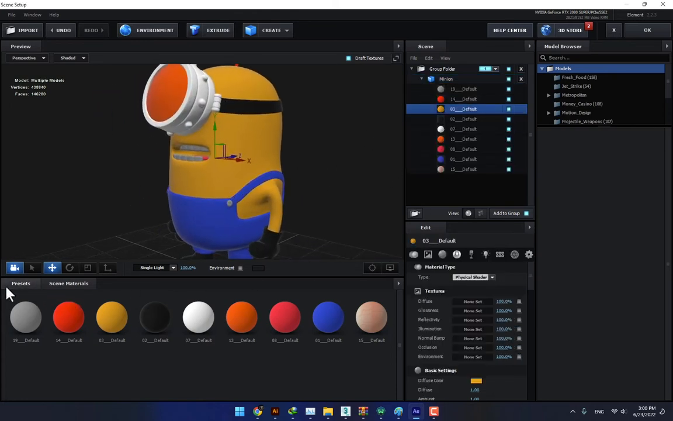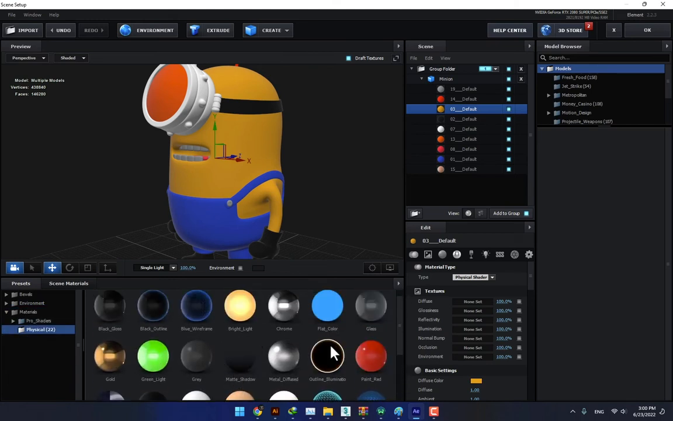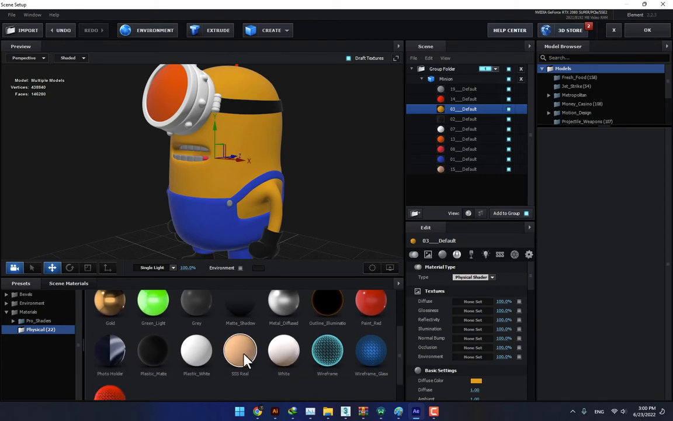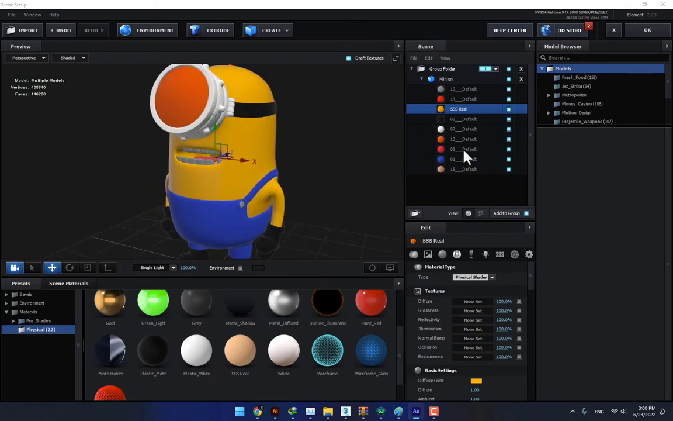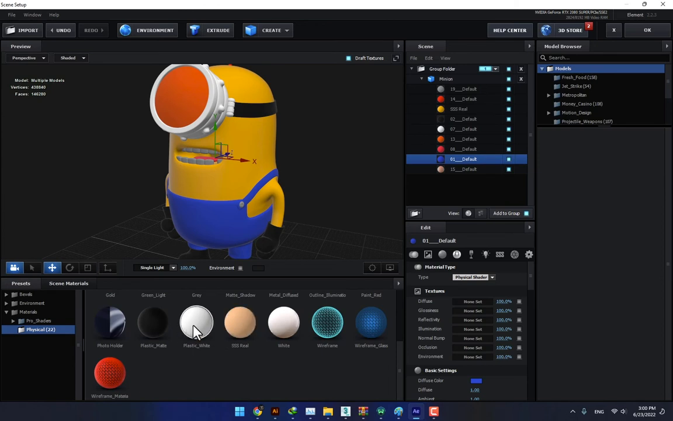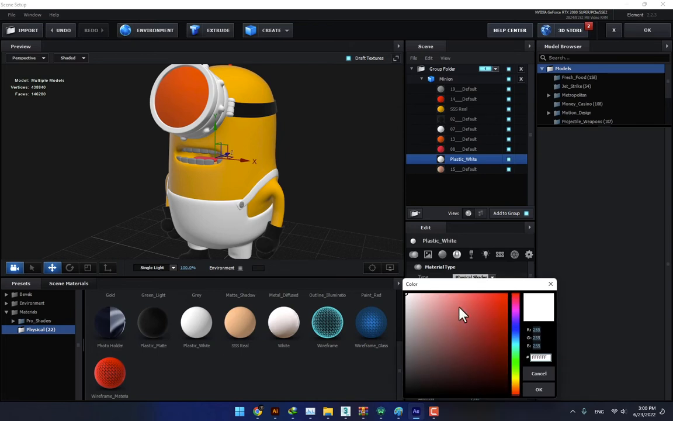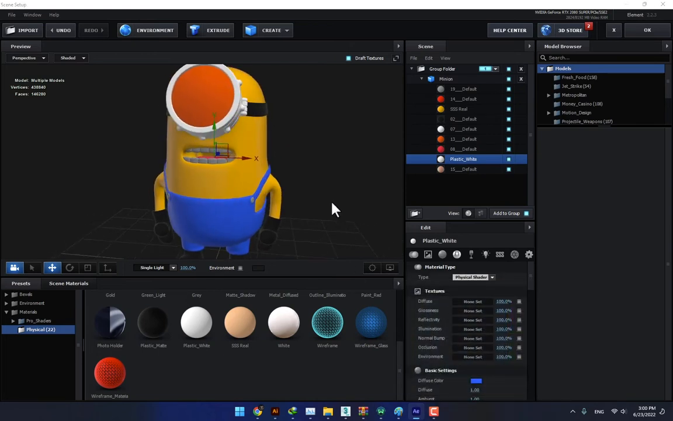First, go to Presets, Physical, apply a simple color, change to yellow like this, press OK, apply a different color like plastic, change to blue, and now